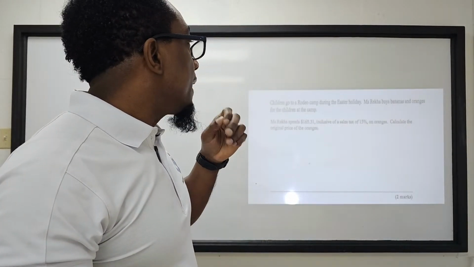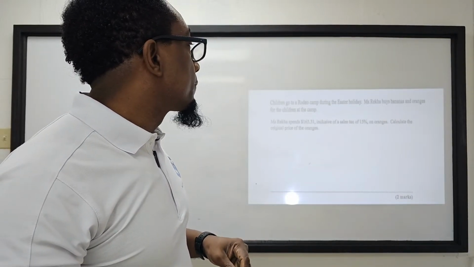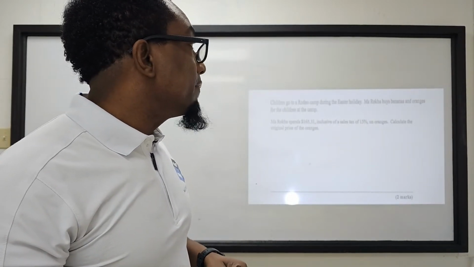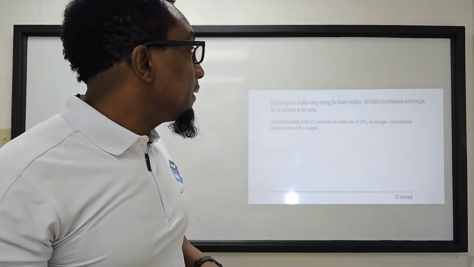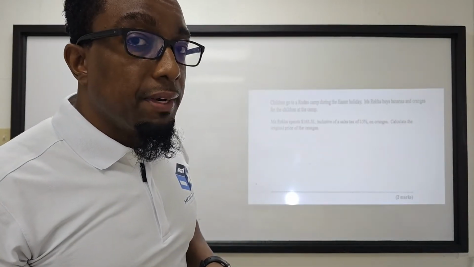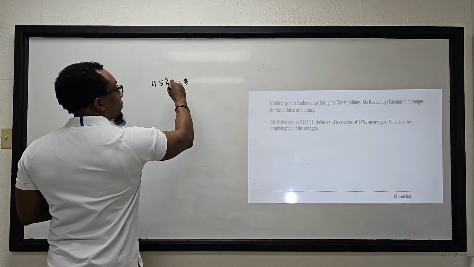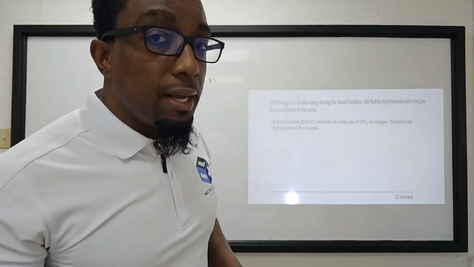So to determine your original price, that sales tax of 15%, of course, that is included in your $165.31, and if it's included, it means that that sales tax is a percentage increase. It will indicate to us that 115% will be equal to $165.31. And if we have to determine what is the original price, which is equal to 100%, so we know